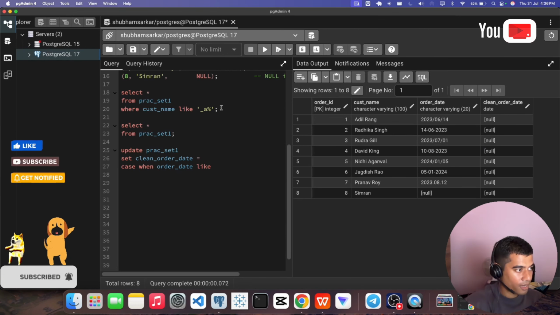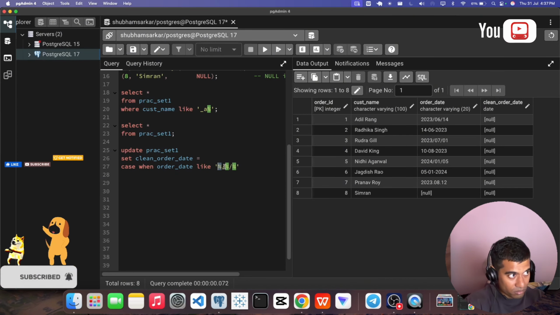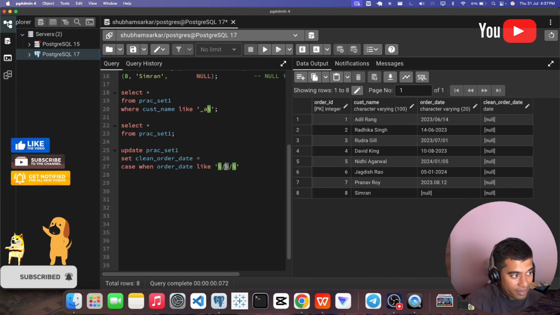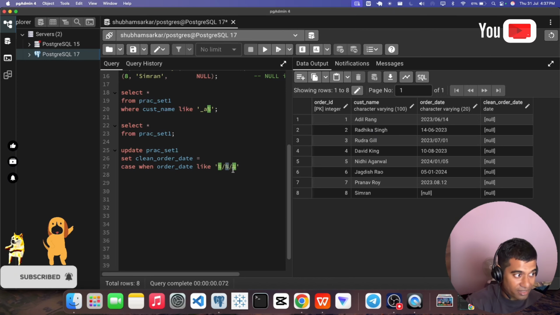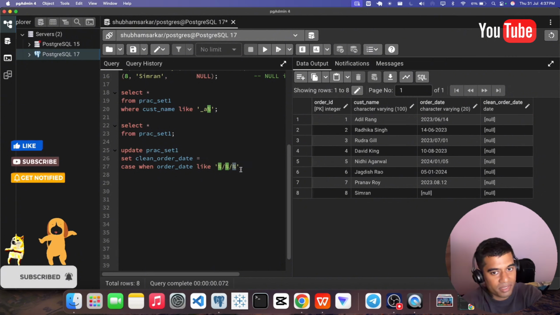Percentage means anything could be there. Before the slash anything could be there, after the first slash anything could be there, and after the second slash anything could be there. If the order date is in this format, then